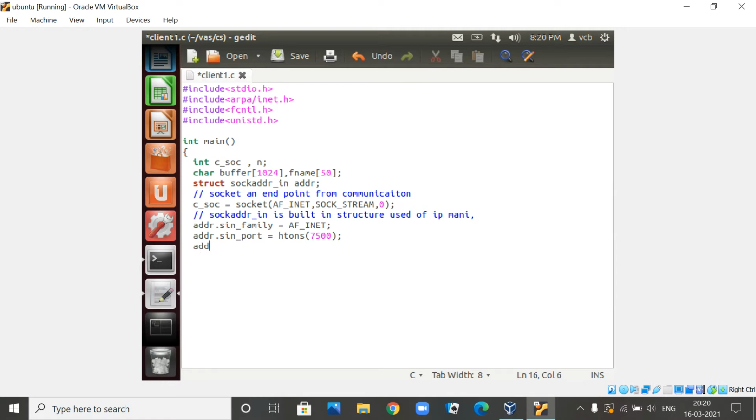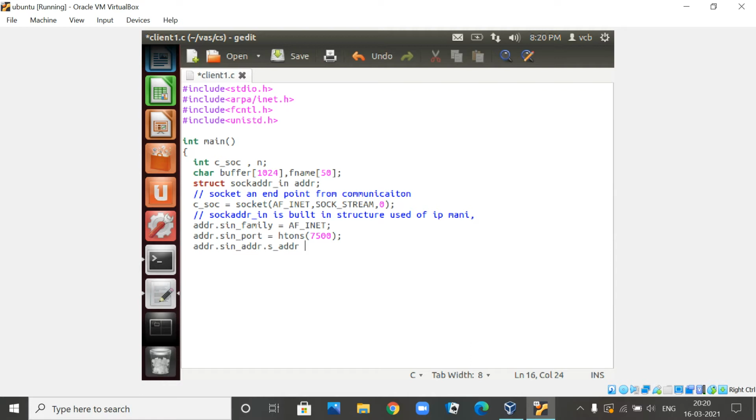So the third one is ADDR.sin_addr, right? Now this is the third important member. So one is the family, one is the port, next is the address, right?